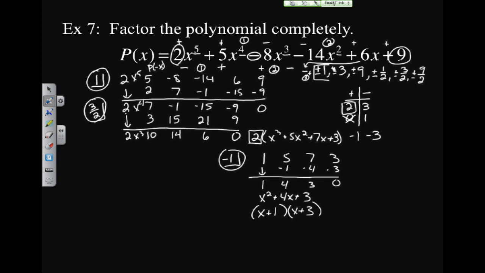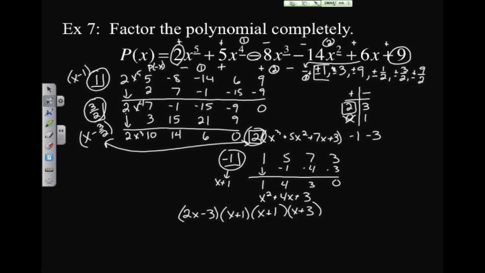So here are 2 of the factors. The factor we get from this, remember, is x plus 1. So that's going to go down here again. Now remember we have this 2 and this. The factor we get from this is x minus 3 halves. Just to make it more convenient, we're going to combine that with the 2, and that gives us 2x minus 3. And then finally, we have the factor from this is x minus 1, and so we're going to put that in here also. And so that is how we completely factor